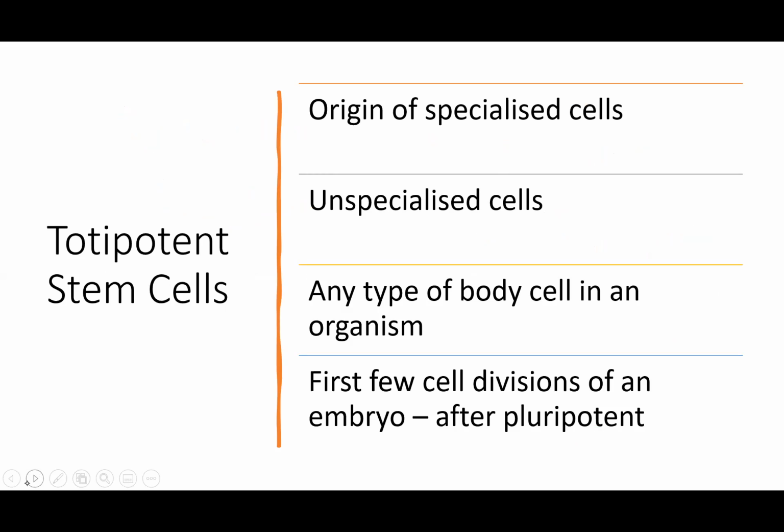So, totipotent stem cells. When we say differentiate, it basically means that different genes are switched on and off and they become a different type of cell. They're able to mature into any type of body cell. A multicellular organism, like a human, is made up of lots of different types of cells, and these different types of cells are specialized for their function. So we're made up of a liver, which has liver cells, muscle cells, white blood cells, red blood cells, heart cells, you name it. We've got lots and lots of different types of cells. And all these specialized cells